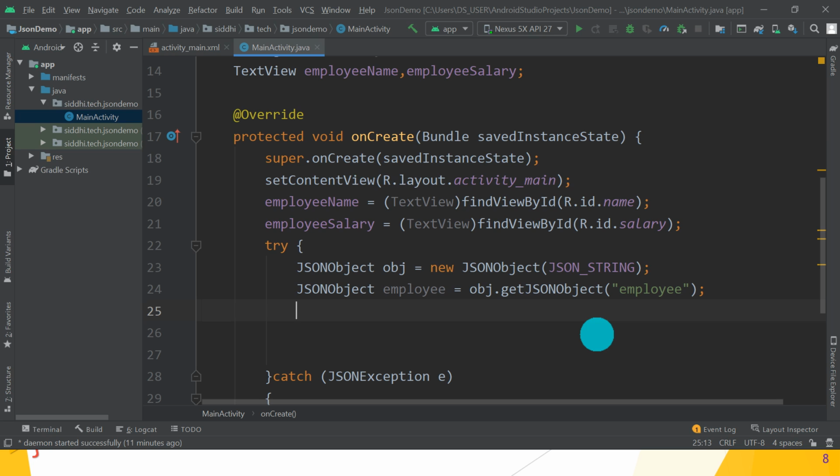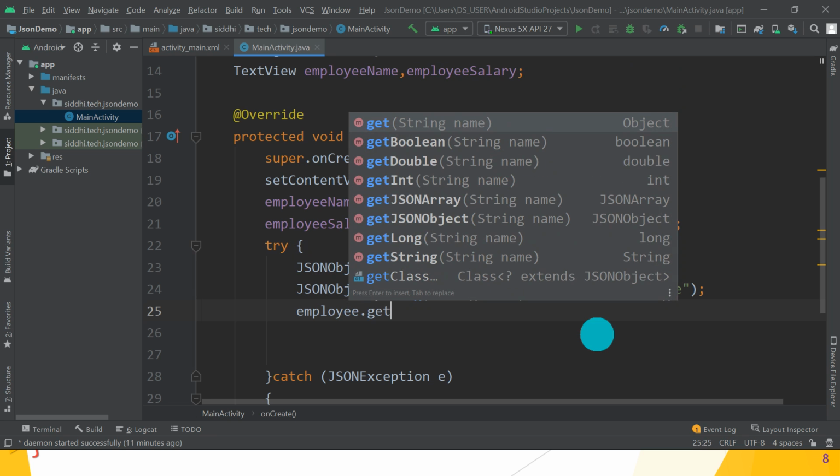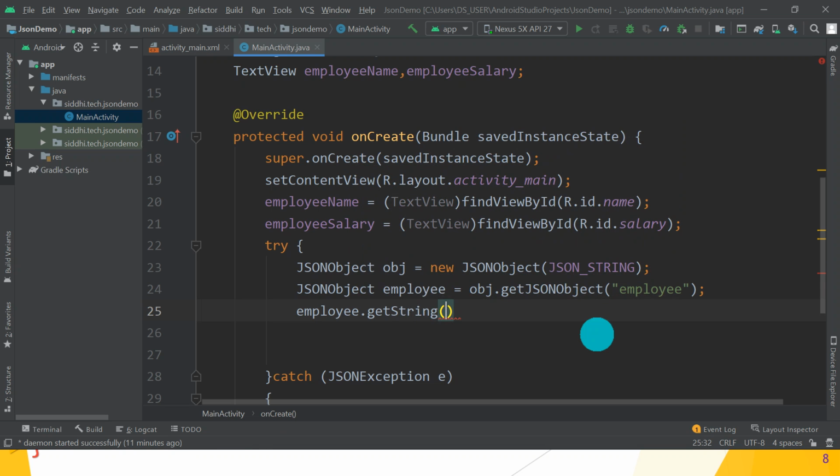named employee. Now get the employee name and salary from the JSON object, that is employee. So get the name and salary from the employee, that is the JSON object. So how can we get it? Using employee.getString, and pass the name of the string, that is actually the key, and it returns the respective value. So you can catch it into name,